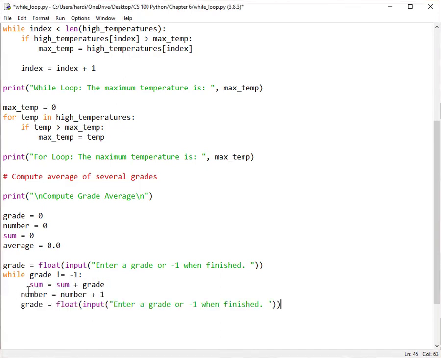So let's put those in here, and I'll have to watch my indentations again. So we have the first input for the grade outside the loop. Grade is not equal to -1, so we need to do a running sum. So sum starts out with 0. I add in the grade that I just read. I add that to the old value of sum, and then I save the new result as the new value